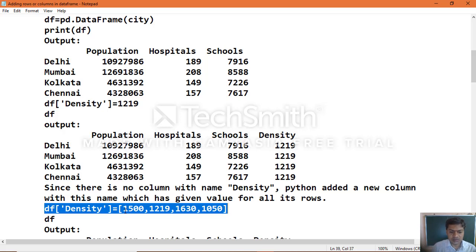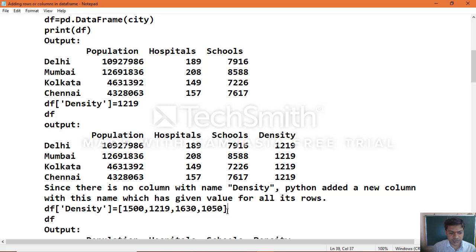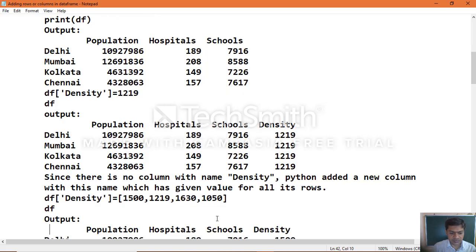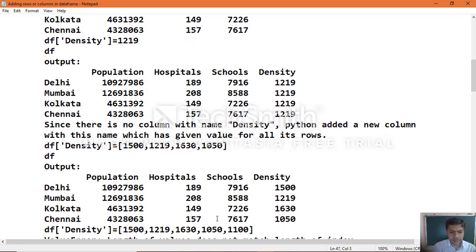There are 4 rows in our data frame, which means 4 values you need to specify for your new column. Now if you execute, you can see the output based on the data you provided, under the column density. That is how you can specify it.